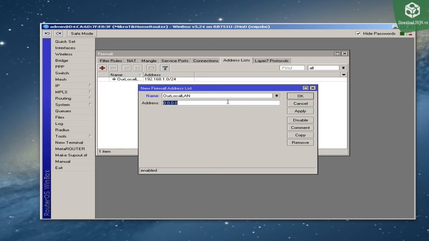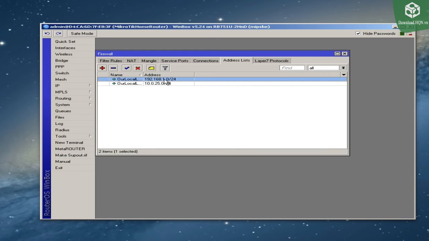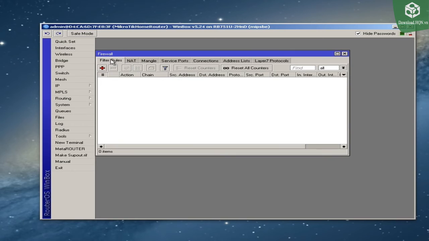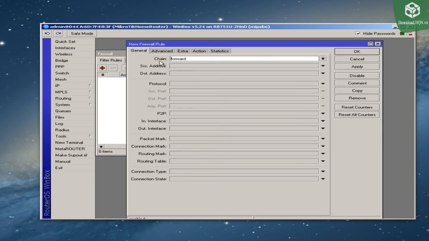In this case, I'll pick 10.0.25.0/24, which is our network here in the office that I'm using to configure this device. And once again, I'll click OK. Now, both of these address list entries can be added to a single firewall rule and allow access to this router. Now back to the filter rule tab, I'll click the plus sign, and we're going to create these rules